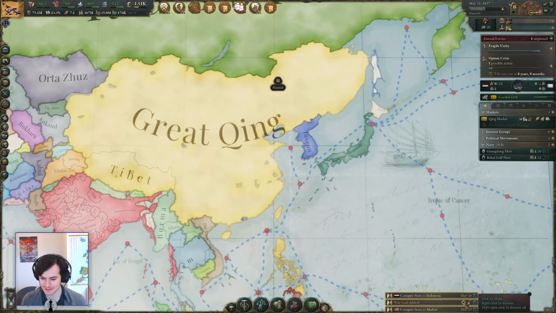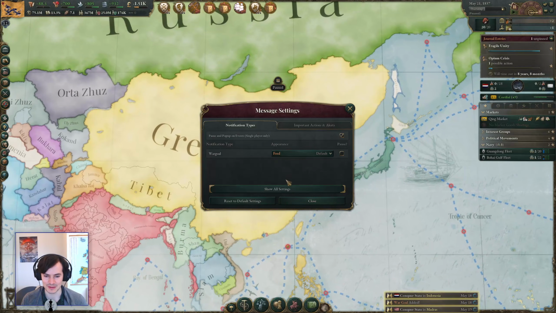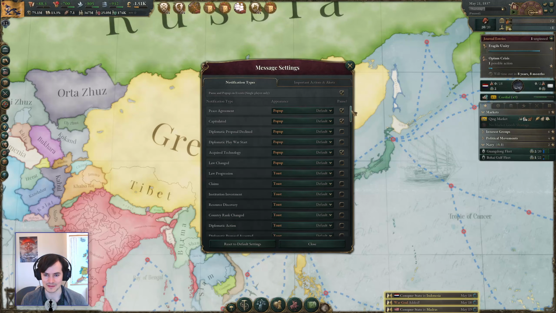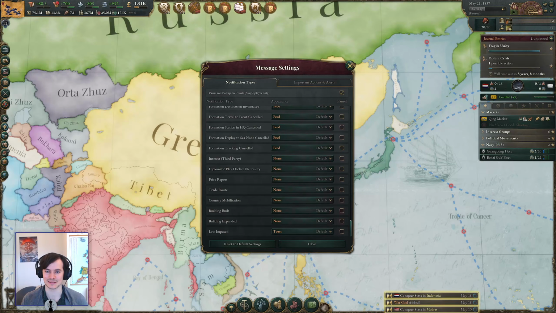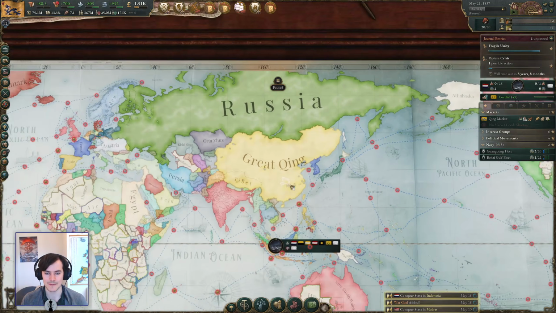Is there no way to access the message settings except this button? I'm probably just ignorant. I probably just don't know where it is. But look at how many fewer there are. It's crazy. The level of granularity that you lose. And this